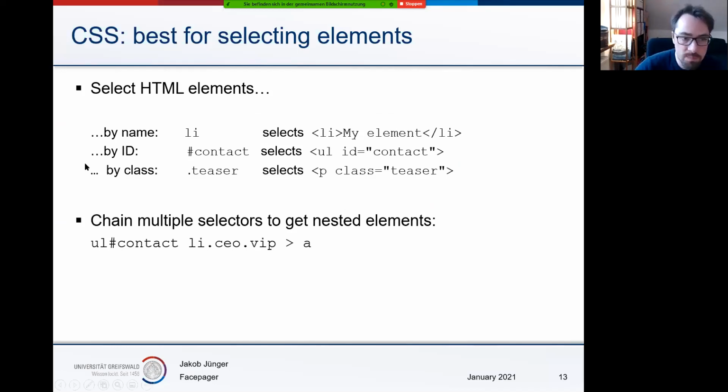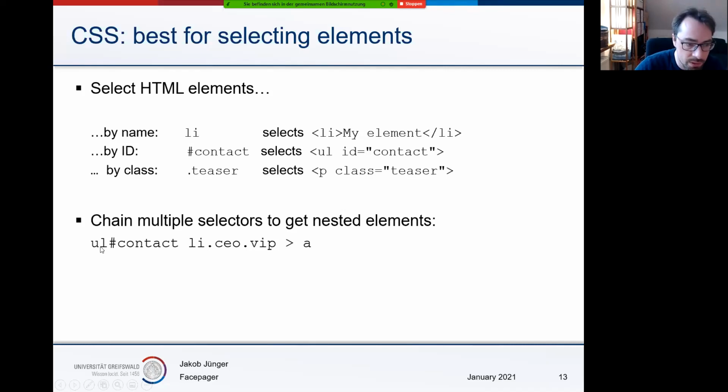So CSS is best for selecting elements we saw before, anchor tags, list elements, and this can be achieved by name. So if you know the name of the element, you just type LE, for example, for list element. If they have an ID attribute, you can use this syntax here. A hash contact, for example, selects all elements that have this ID. Or you can select them by class. If there is a class inside, for example, teaser class, you can use this .teaser, and you can combine these